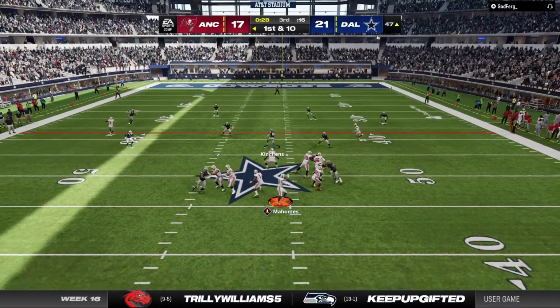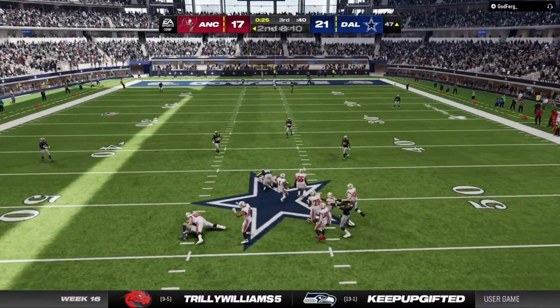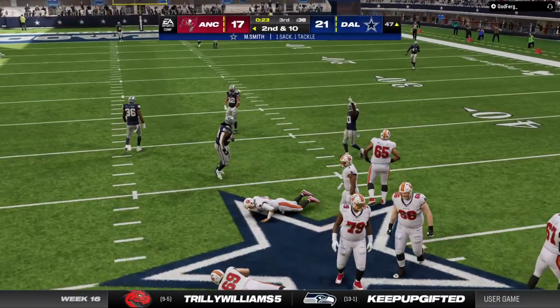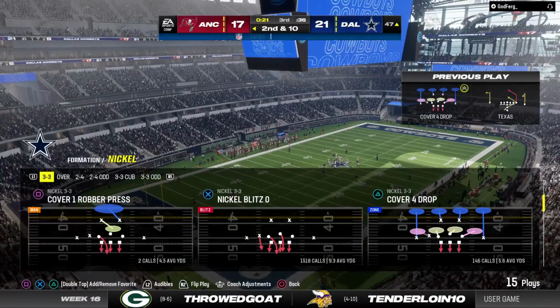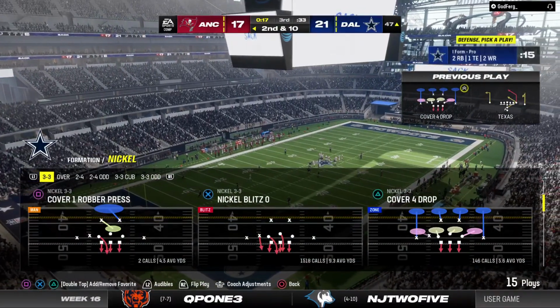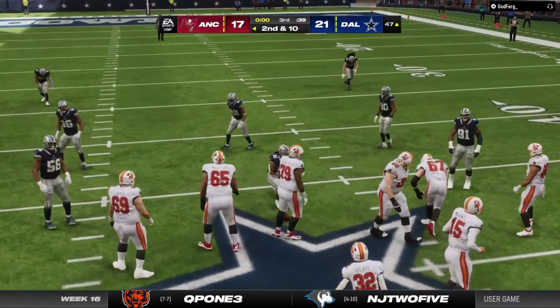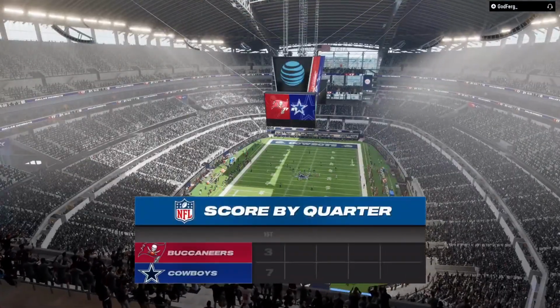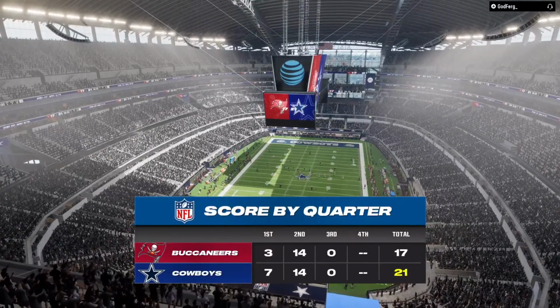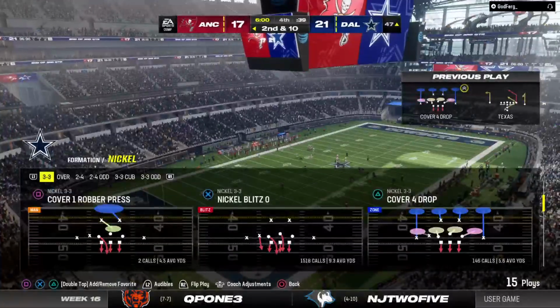On 1st and 10, here's Mahomes. And the Cowboys' pressure gets there this time for the sack. Mozzie Smith, he fought through to record the sack. That's their first time getting to the quarterback, sack number 1. And, you know, they had 5 last week, I'm remembering. And you have to find a way to slow down the pass rush, not necessarily with just protecting your quarterback, but just...